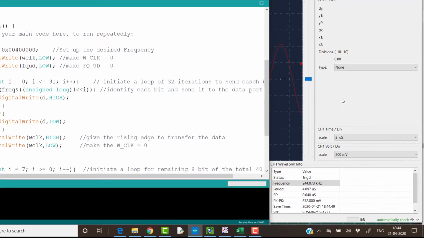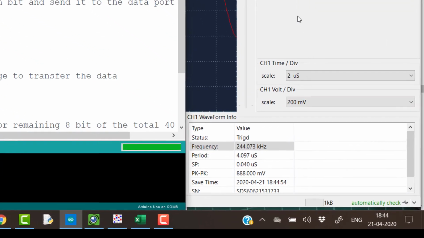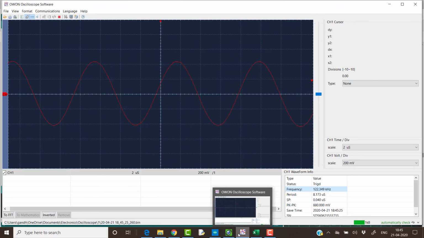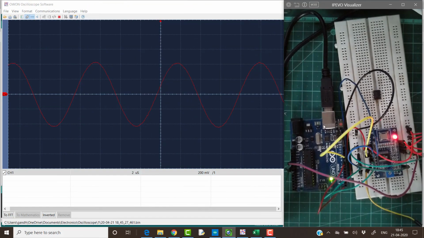This should be sufficient to make you understand how the frequency of this module is being changed by the change in the program. So it is 121 kilohertz. All the frequency control data is sent as a 32-bit word to the module, and the module in turn responds to this and gives us the desired frequency. So this is our Arduino, this is our module, and that is how we have interfaced the module to give the required control.